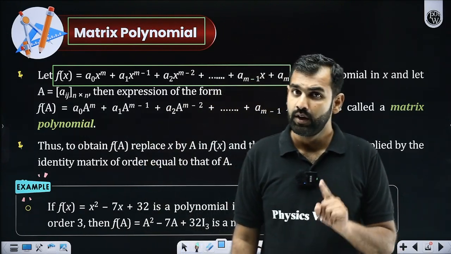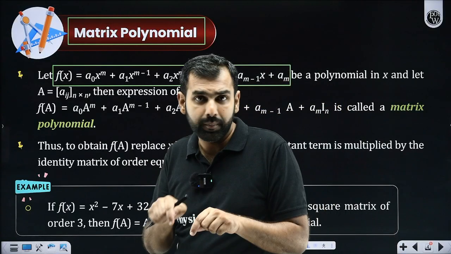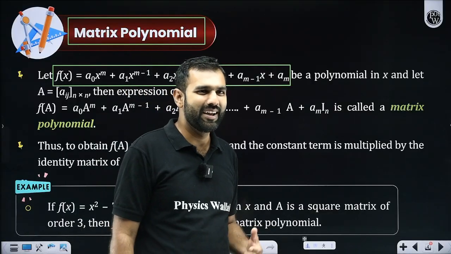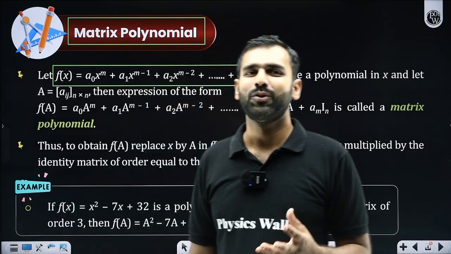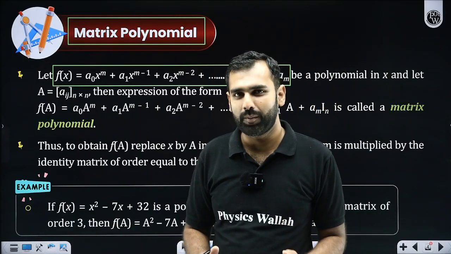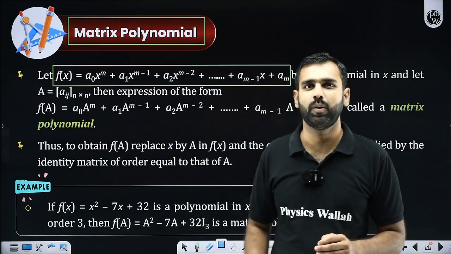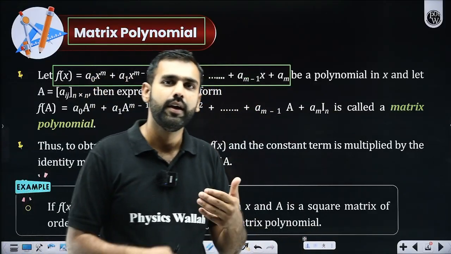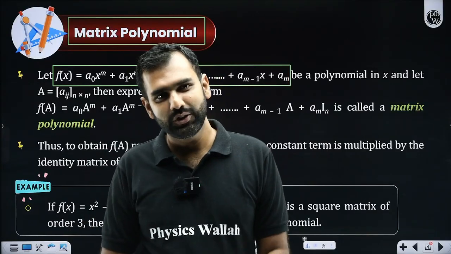Will that be okay? So a matrix polynomial, if you are dealing with a 3 by 3, it looks like a binomial. No, it's simply a polynomial. If you have a 3 by 3 square matrix, you will get a cubic matrix polynomial. If it is a 2 by 2 square matrix and you want to write its matrix polynomial, it will be a quadratic. Did you all get that?